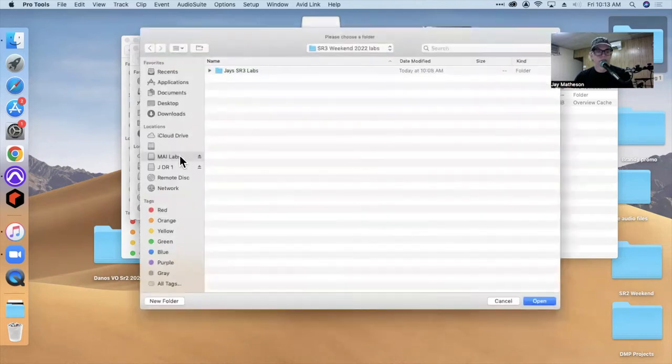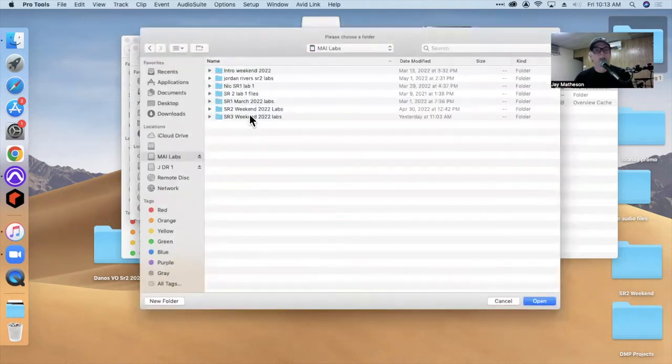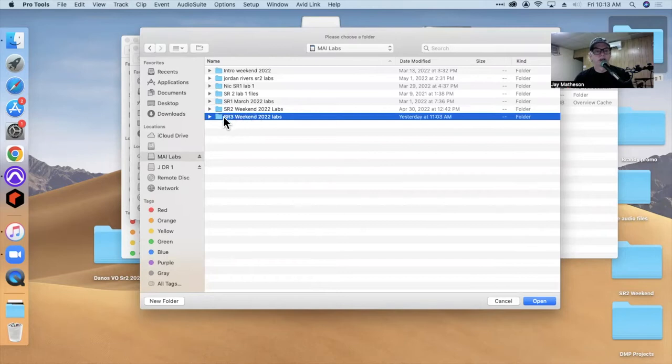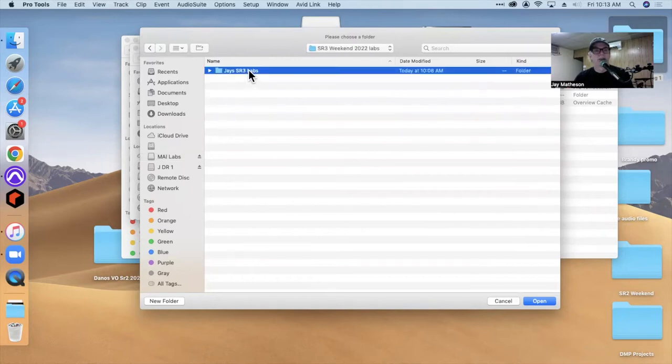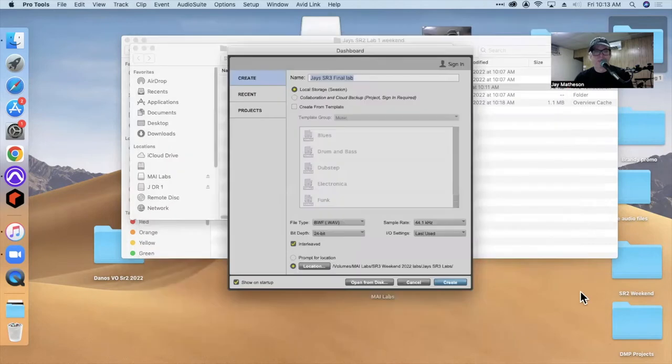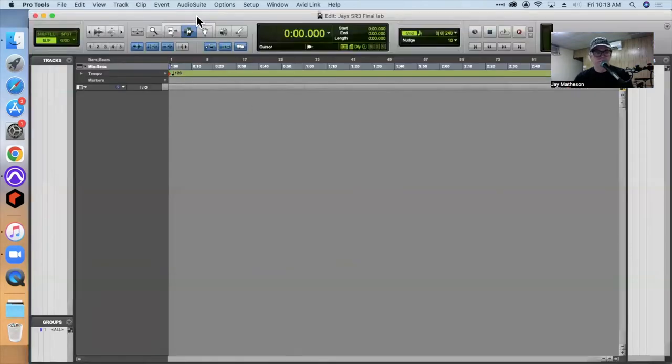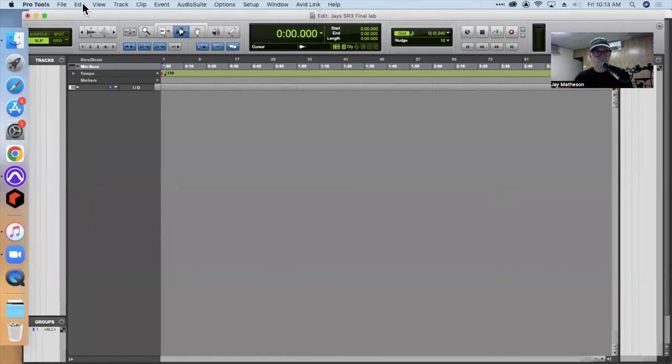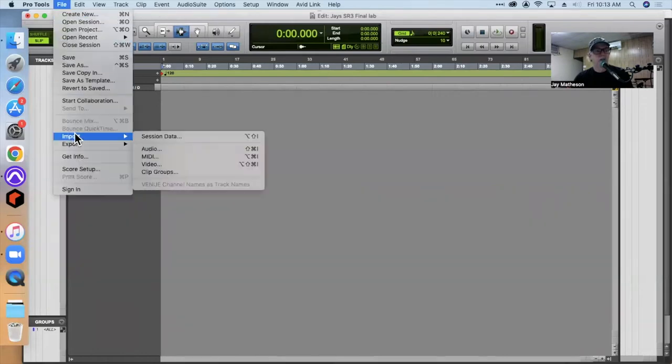So let's go to the MAI Labs drive, go to the folder for the class, and of course, inside this folder, I have a folder for my labs. All right, so we'll create that. And you notice the first thing you want to do here is import the video. So we'll import the video,